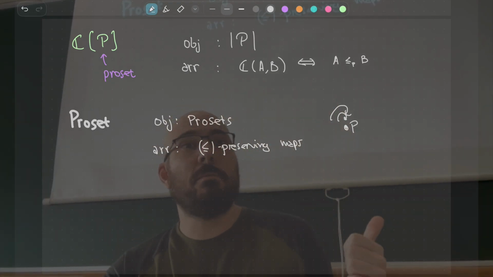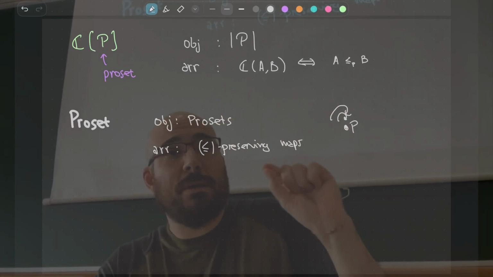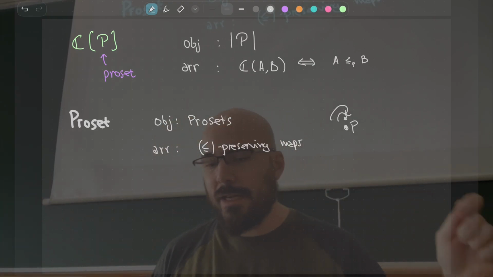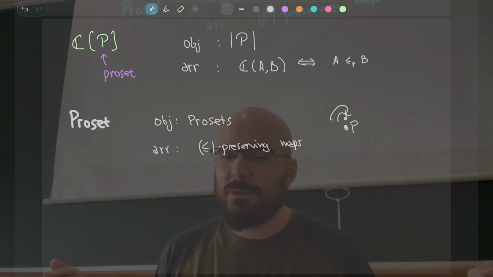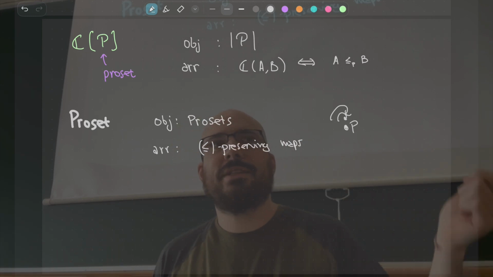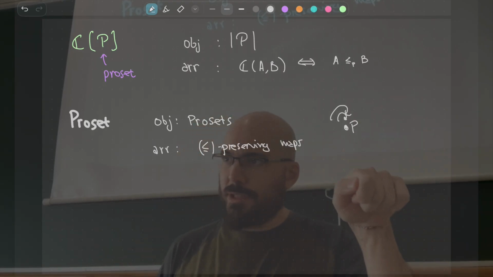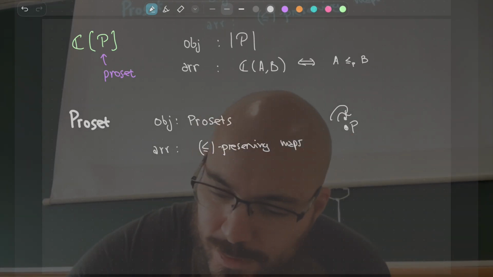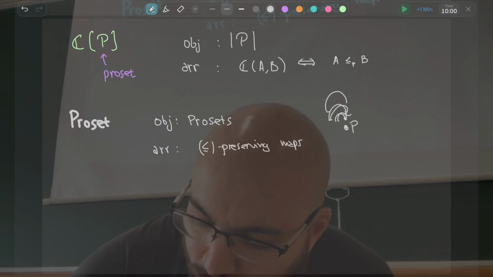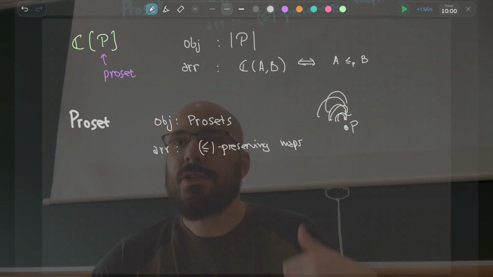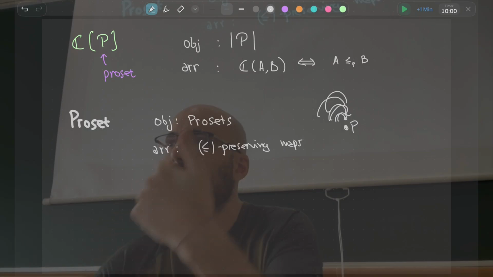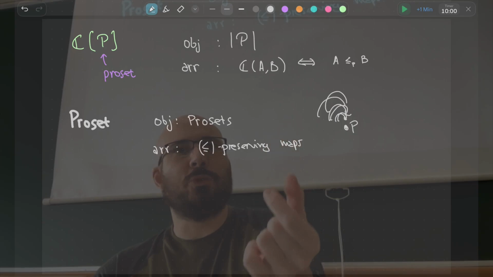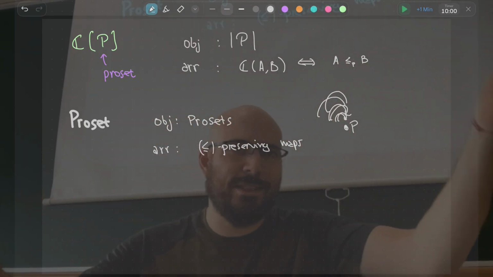So, do I get it for free? I need to prove something. A lot of times, when you start studying set theory, you see some kind of exercises, prove this, and maybe you're wondering, what do I have to prove here? So in this sense, you need to prove that the identity function on a proset is really order preserving. Because who said that it's one of these things here? It ends up being, but this is something you need to prove. So once you prove that the identity on a proset is order preserving, and once you prove that composition respects monotonicity, respects order preservation,